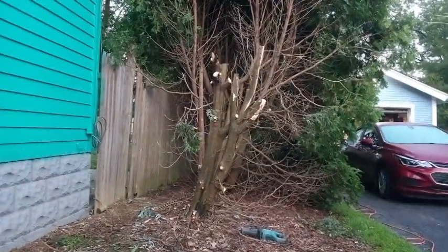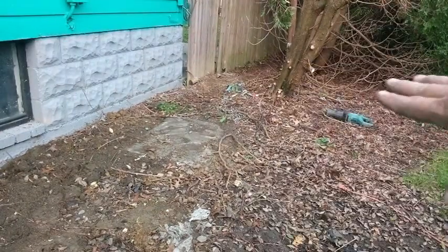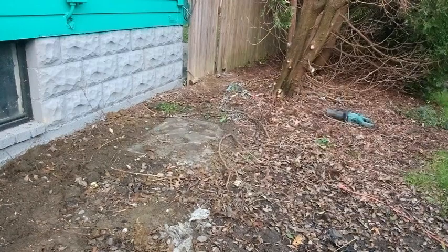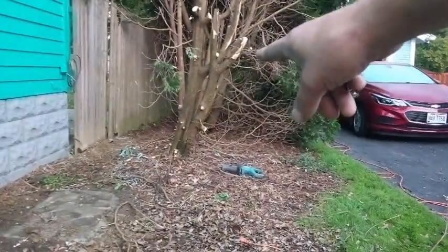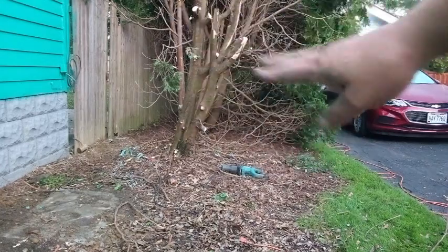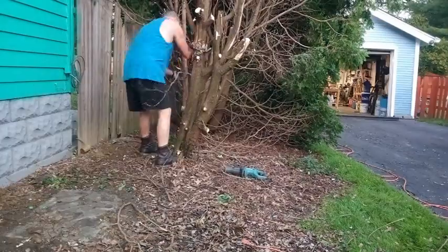All right, so now I basically wanted to get this thing cleared out because the guy's going to put a central air unit right here, and I wanted to get all this cleaned out because if I pull that out, it might disrupt the foundation for the air conditioning unit. So I'll just use the other trees to anchor it and pull this one out and then dig around it and just keep putting tension on it, and then I'll cut the roots. I could probably put a new blade on there, but